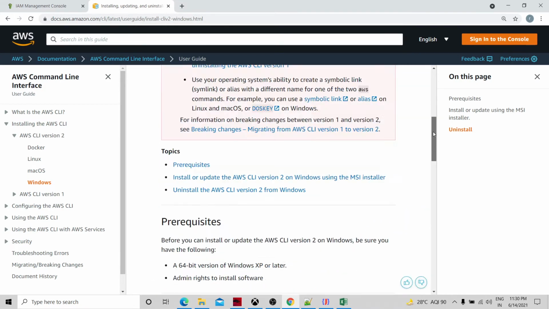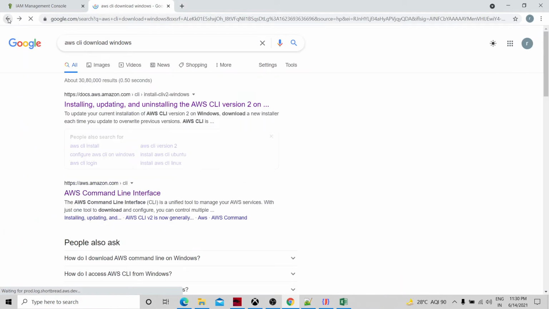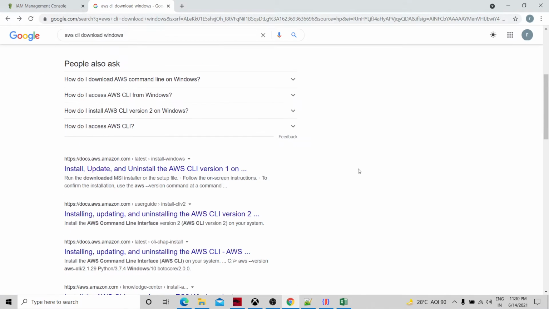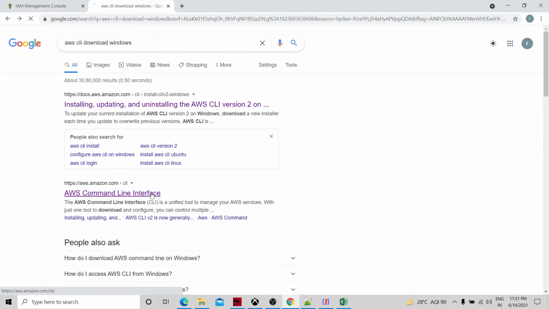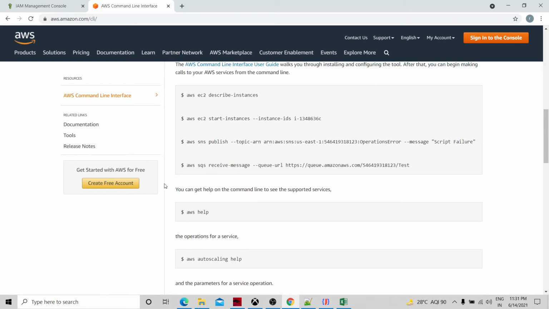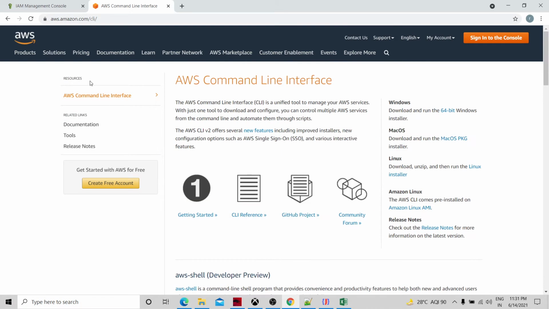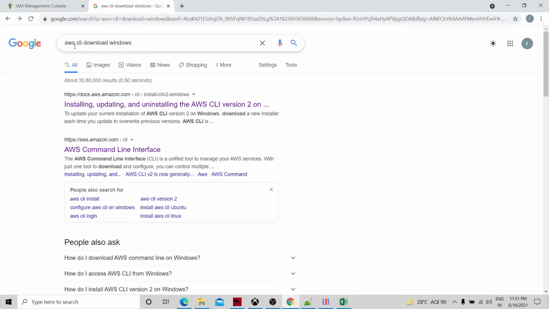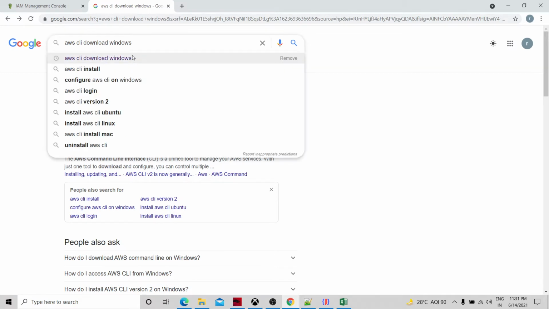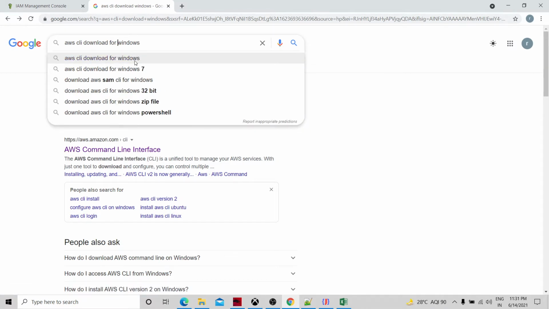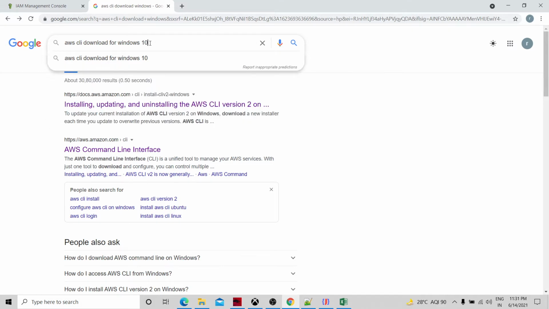AWS command line interface, AWS CLI download for Windows 10.